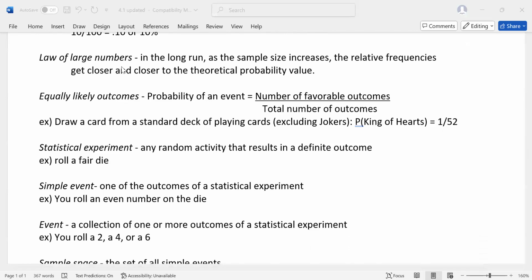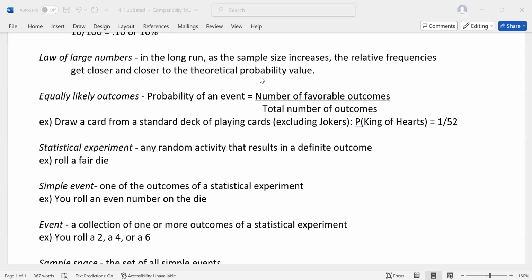The law of large numbers. In the long run, as the sample size increases, the relative frequencies get closer and closer to the theoretical probability value. An example of this would be tossing a coin, and what's the probability that you come up heads? The first time you might not come up with a head, or you might, but if it's a fair coin, the more experiments that you do, the more tosses you make of the fair coin, the closer and closer the relative frequencies